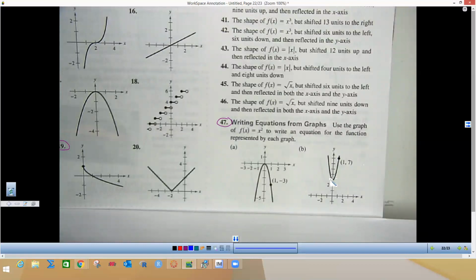Number 47, I think I've got one more after this. Writing equations from graphs using f(x) = x squared. These are both x squared graphs, but they're a little different than they were before. I want to talk about the x squared function, which I hope you know by now,